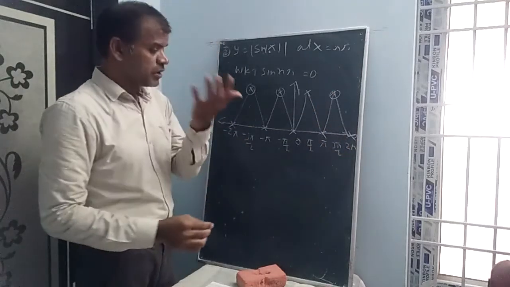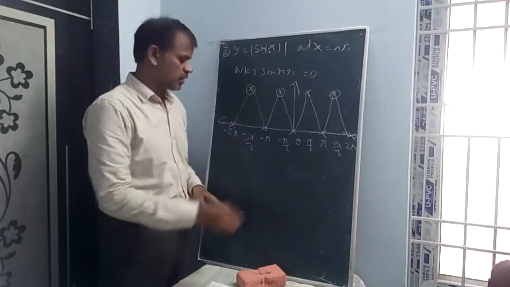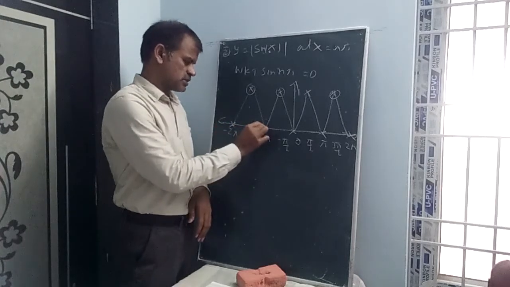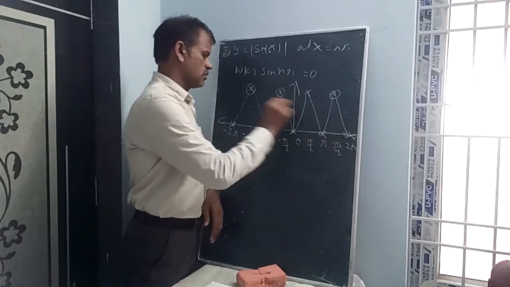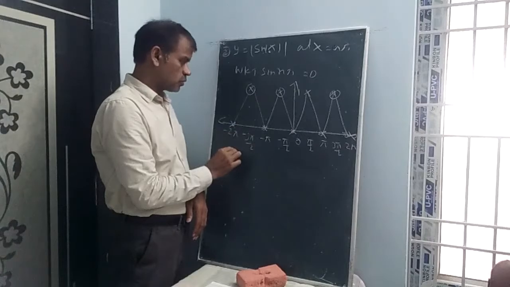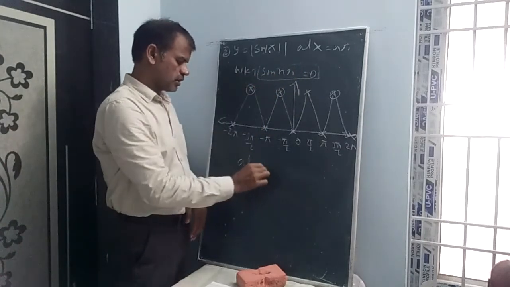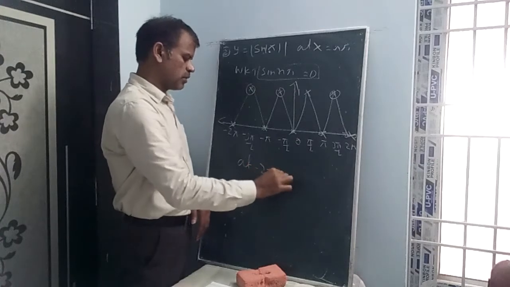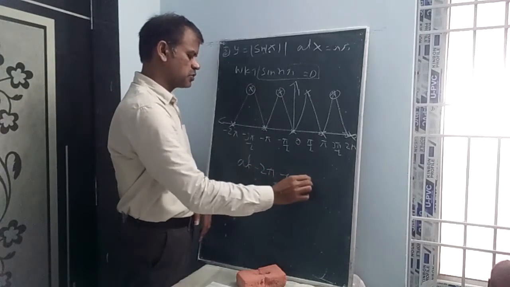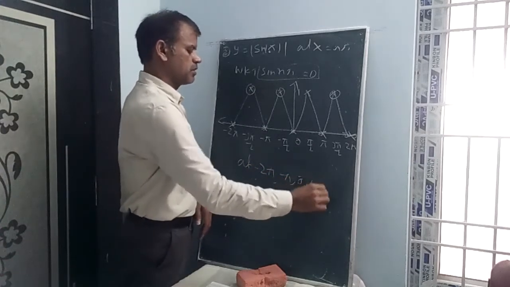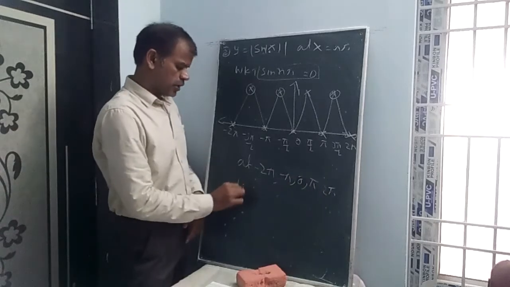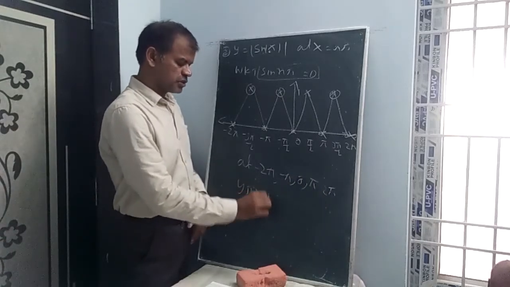Now draw the curve like this. Where the curve has a sharp corner, it depends on the x-axis. This is a sharp corner. So wherever sine n pi equals 0, there is a sharp corner, at minus 2 pi, minus pi, 0, pi, 2 pi. Y is not differentiable there.